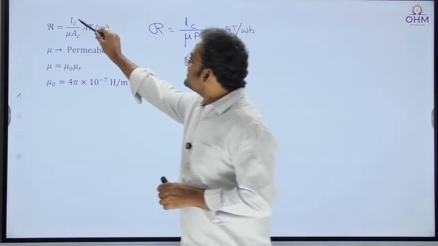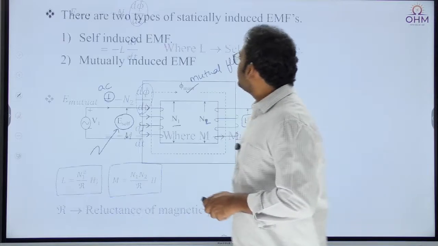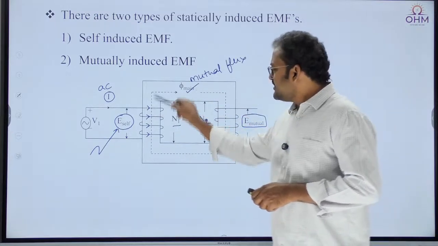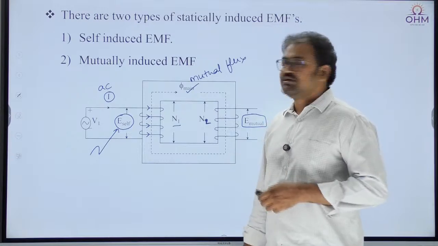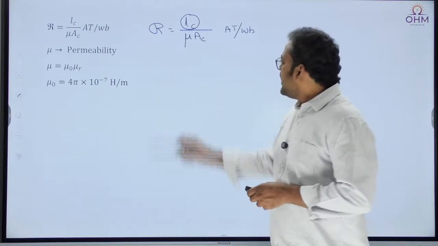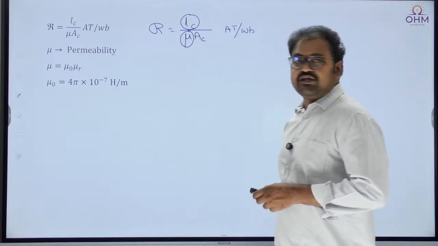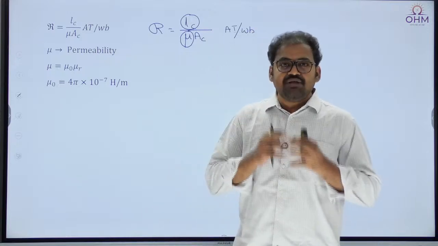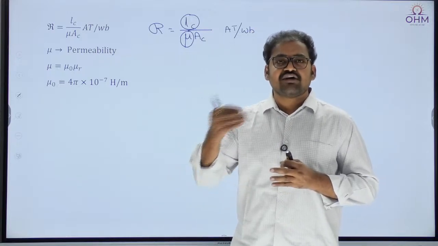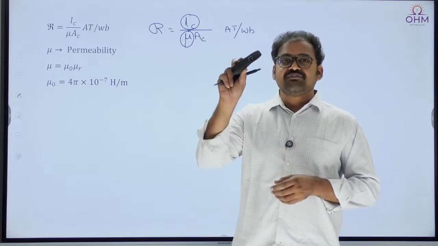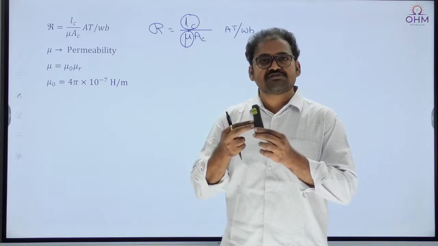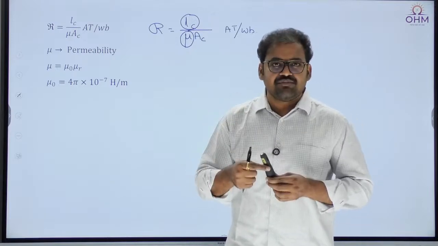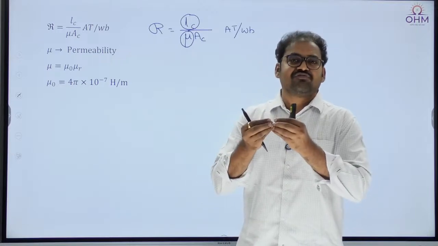Here LC is nothing but the length of the core. You see, the flux is passing through the core medium, right? The total length of this flux path is indirectly the length of the core medium. That is what we have to use here. And mu is known as the permeability of the magnetic medium. Permeability means the ability of the magnetic medium to allow flux through it. If I say this material has more permeability, that means more flux can pass through this medium. If this material has less permeability, a very small amount of flux can pass through that